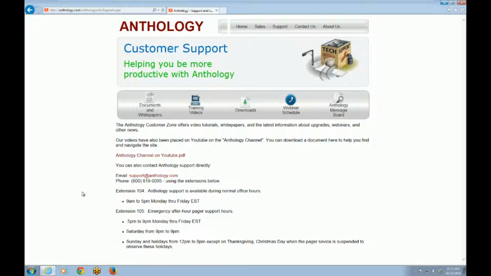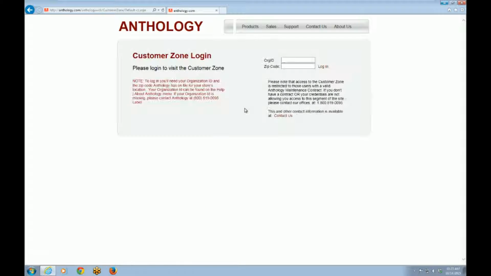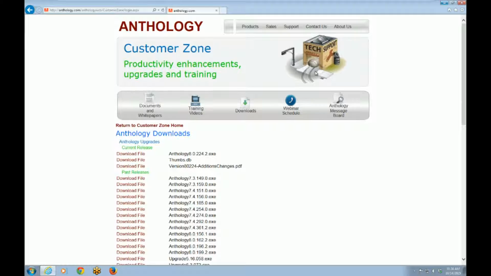Now I have already logged in to the Anthology customer zone. You'd simply do this by going to anthology.com, clicking on the support button, and then clicking on the downloads button. Oh, I guess it timed out for me, so. Alright, so once we have